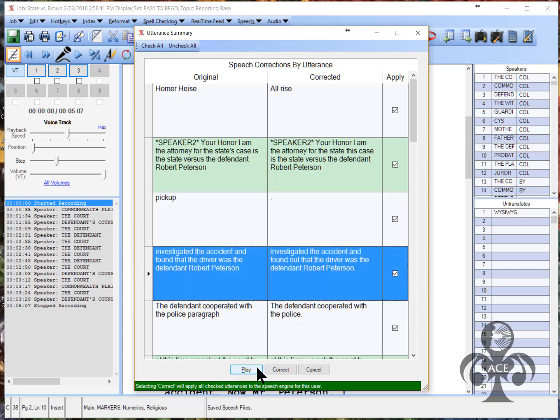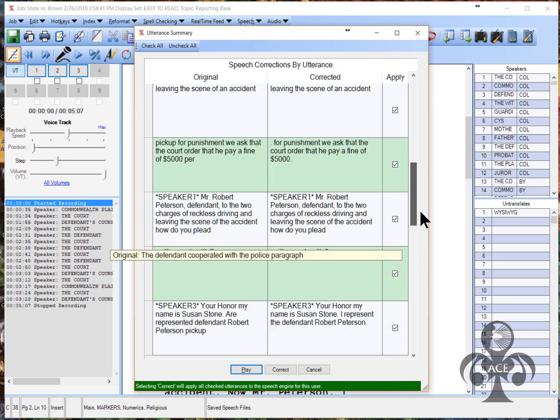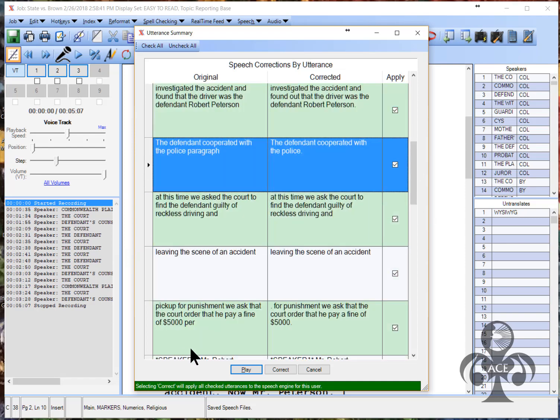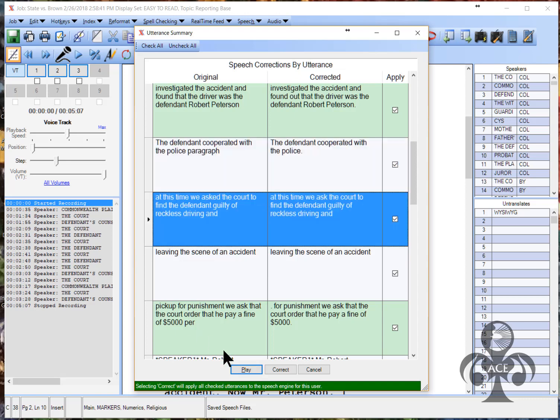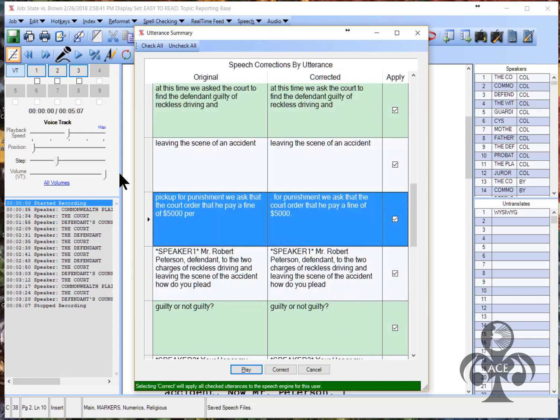That's correct. Investigated the accident and found out that the driver was the defendant, Robert Peterson. That's correct. The defendant cooperated with the police. That's correct. At this time, we ask the court to find the defendant guilty of reckless driving and leaving the scene of an accident. For punishment,